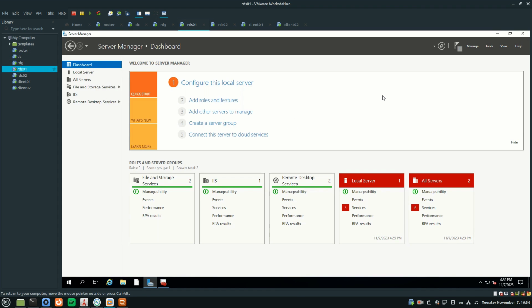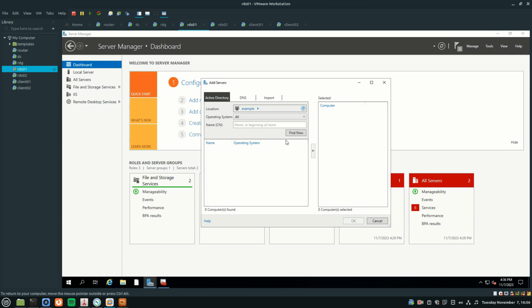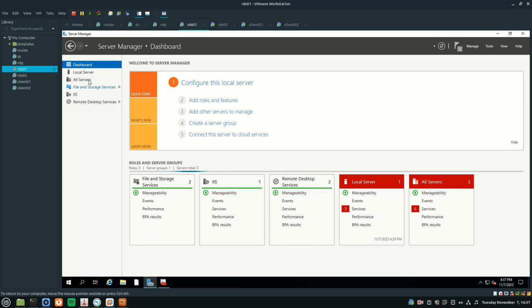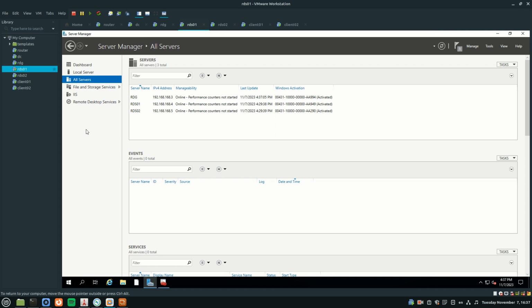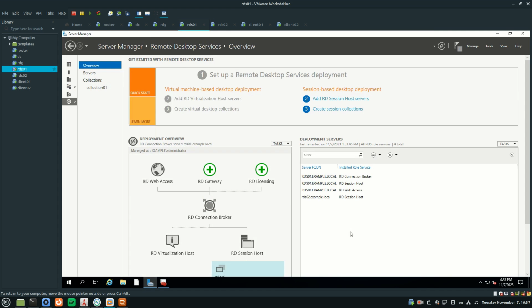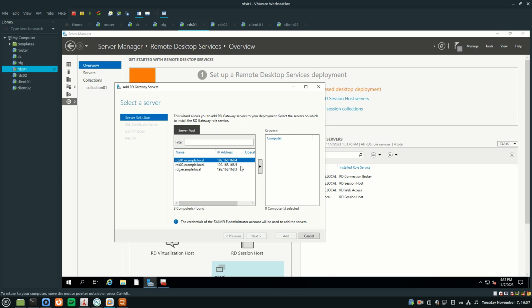Now we'll install Remote Desktop Gateway. In the primary RDS server, go to Manage, Add Servers, and choose the server on which we want to install Remote Desktop Gateway. In Remote Desktop Services, click Add RD Gateway, choose the server we added earlier,